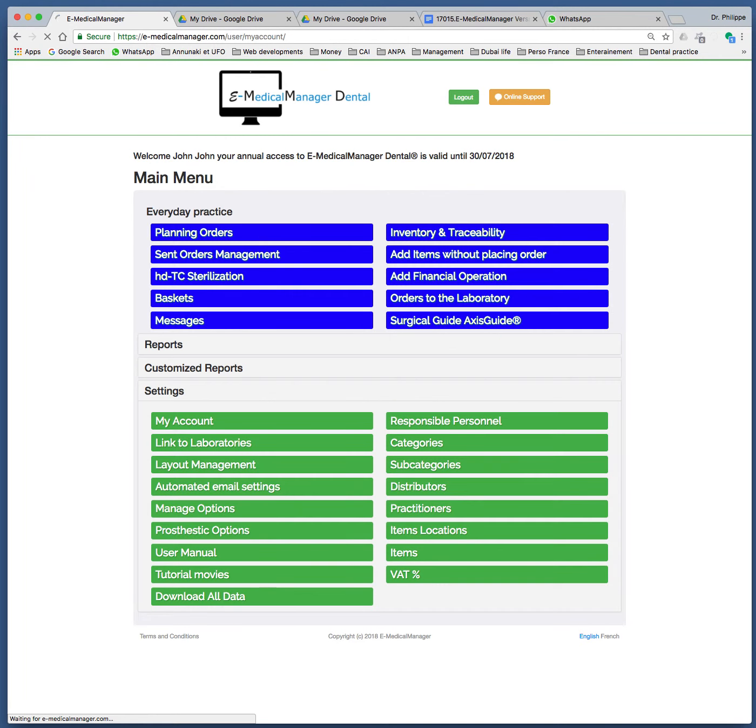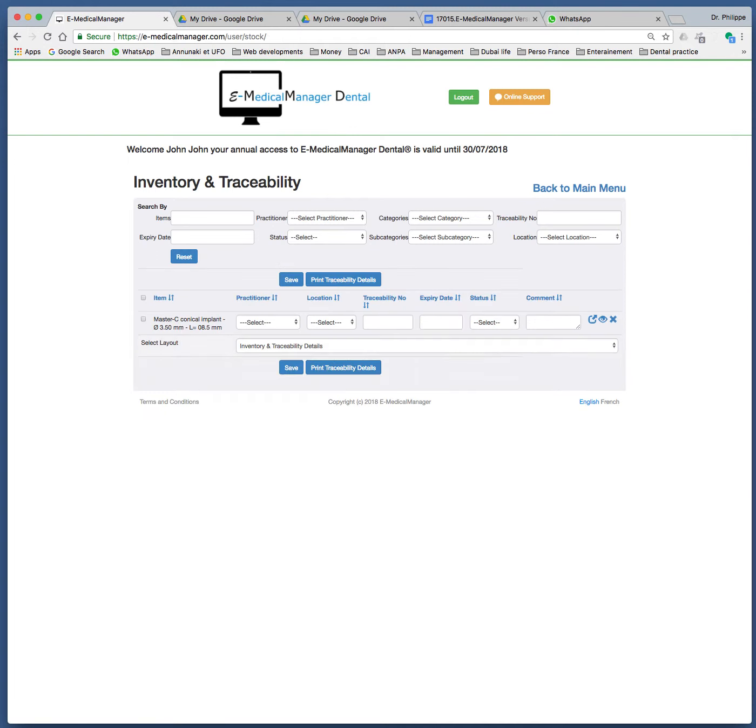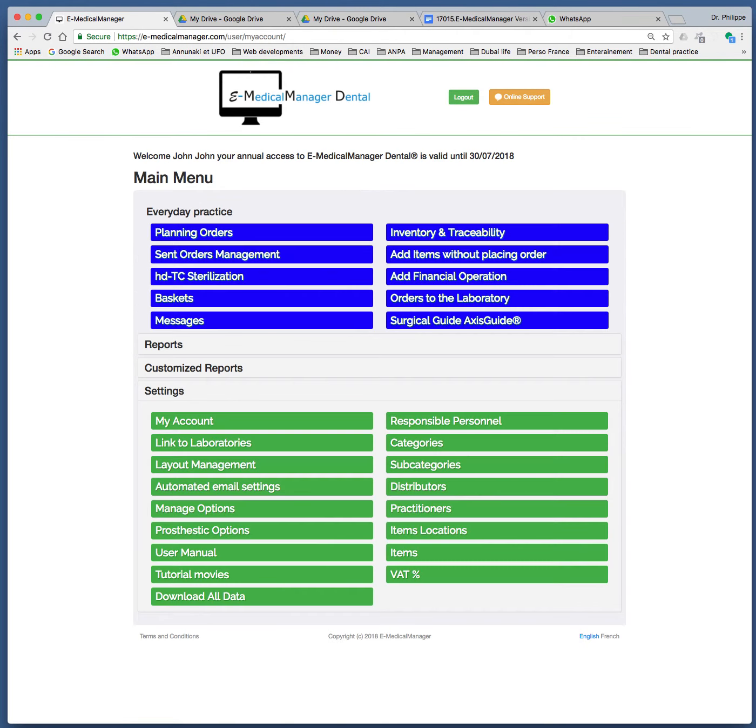I go to Inventory and Traceability, and what I see on top of the list, I see the master implant. I can dedicate that to Dr. Black. I put a location, office number 1, and the status will be in stock. Okay? And this is how things are stored in a good way. I close,